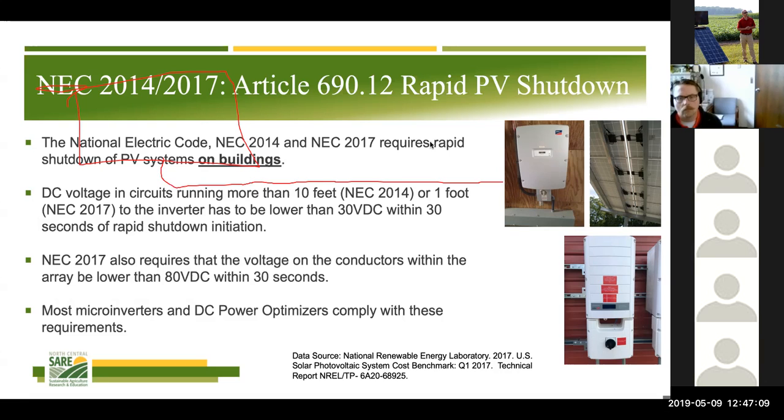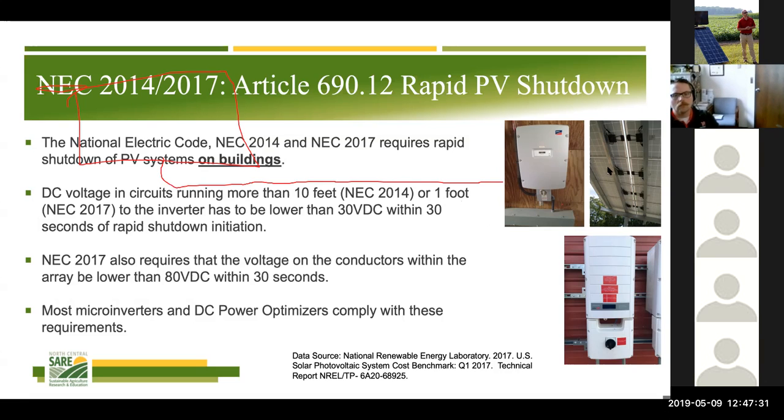The problem and the concern with the rapid PV shutdown is, in this situation, if you have these panels on your rooftop, any of this DC wiring between your panels and your inverter, if those panels are exposed to light, will be energized. And that's the heart of this safety standard, and why you may spend more for a different type of inverter